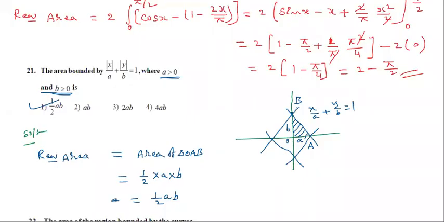Students, A greater than 0, B greater than 0 means only AB values. Those are the x-intercept and y-intercept now. Intercept means that is length only. So here we need 4 into. So we get the answer 2AB, not 1 by 2AB. 2AB, this is the answer. So the third option is correct, not the first option.